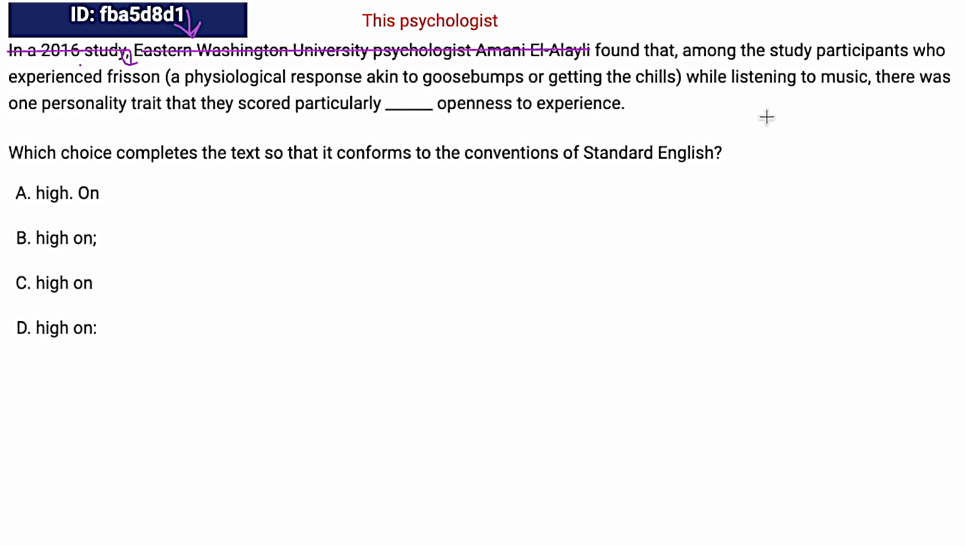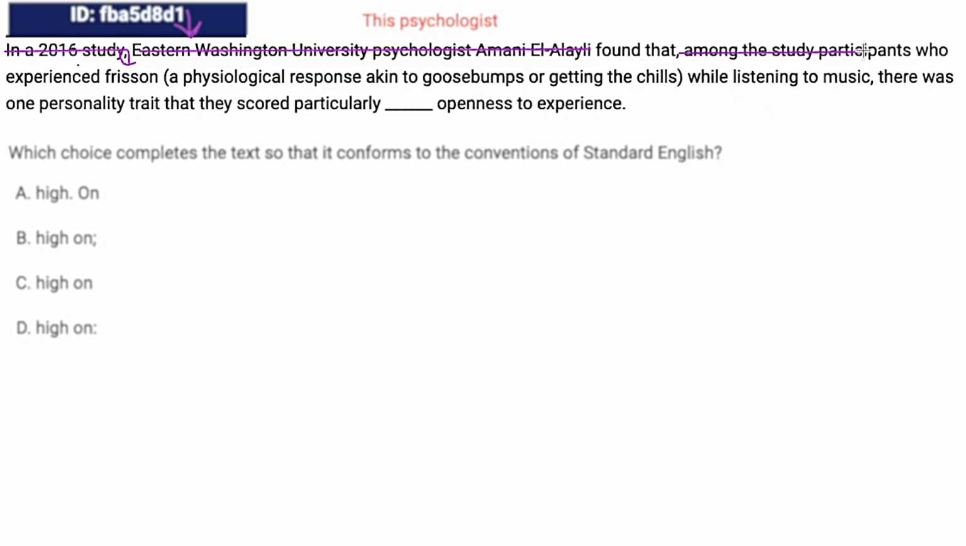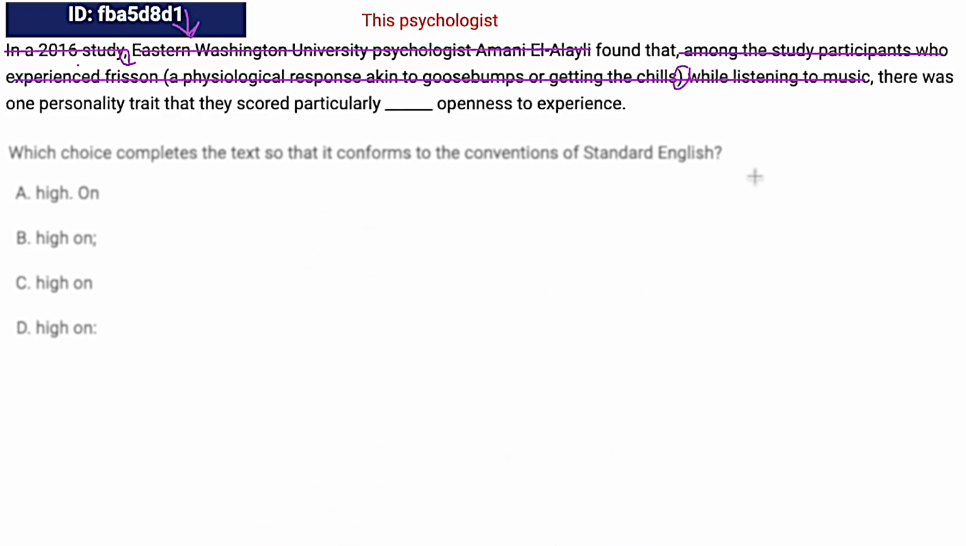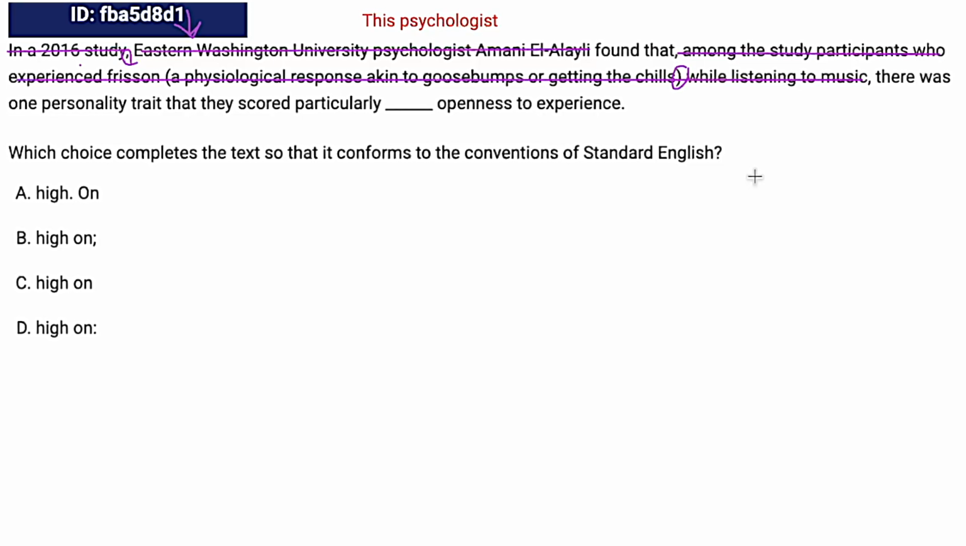Now see if you can spot the other things I would eliminate in this sentence. You can pause the video if you want, but yep, you guessed it. I'm getting rid of all this because we have another parenthetical. We actually have a parenthetical within a parenthetical. We've got the comma sandwich, and then in that we also have the parentheses sandwich. So now we just have this psychologist found that there was one personality trait that they scored particularly high on: